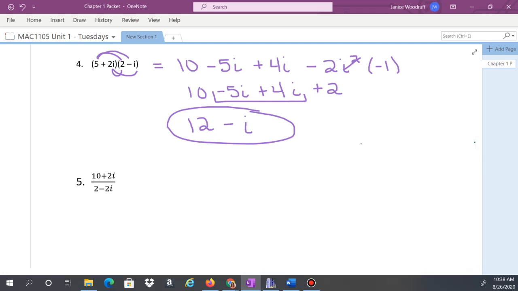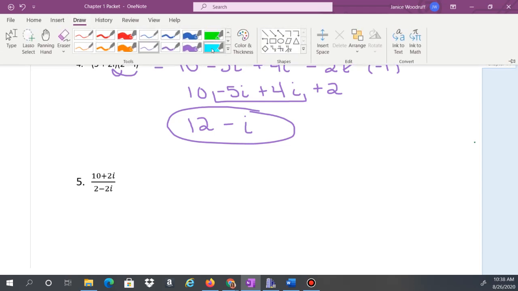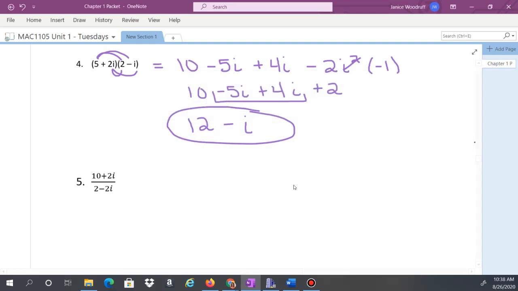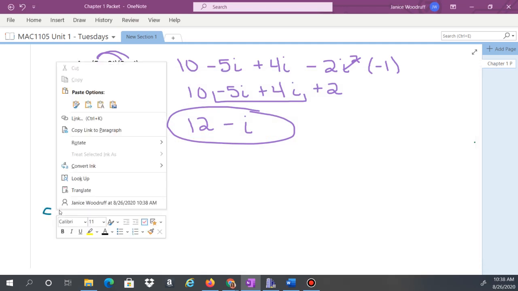In number 5, we're doing a division. Okay, so with division, when we have an i in the denominator, we don't want to have the i in the denominator, so we have to get rid of it. So we are going to multiply by something called the complex conjugate. Okay, so I'm going to write that down underneath here as soon as I can find where my pen went. There it went. Okay, so we're going to say this is the complex